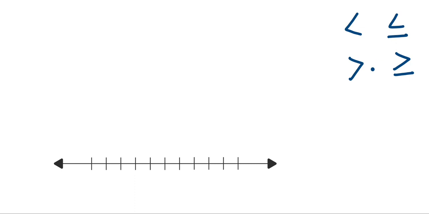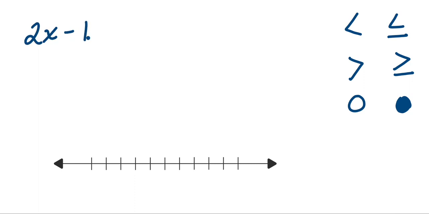If it's a less than symbol or greater than symbol, we will use an open circle. If it's an or equal to, whether less than or equal to or greater than or equal to, we will have a closed circle. We are looking for the solutions to x, and in an inequality, there can be an infinite amount. Given an example,